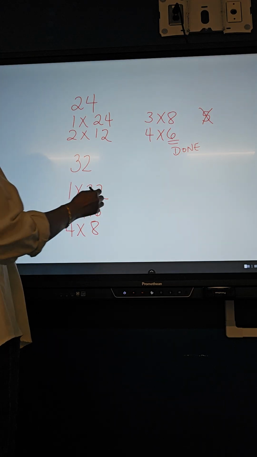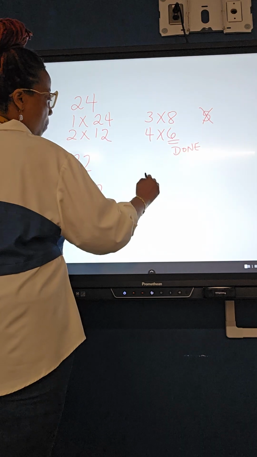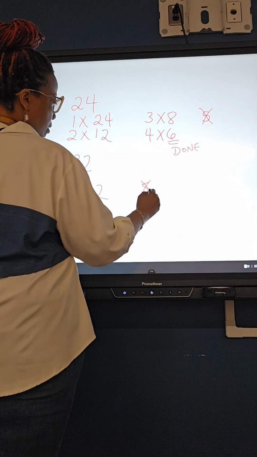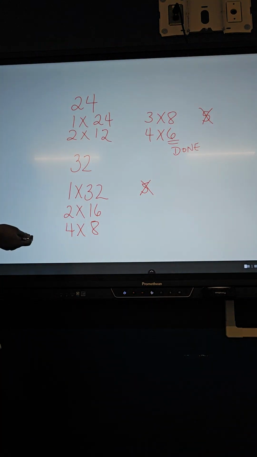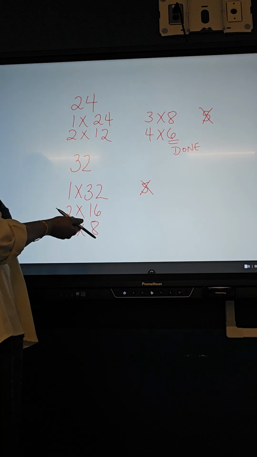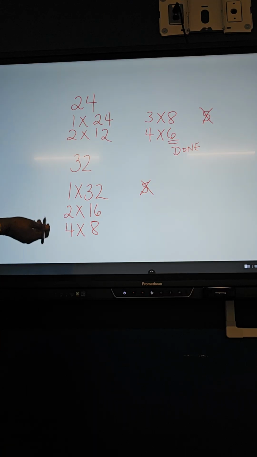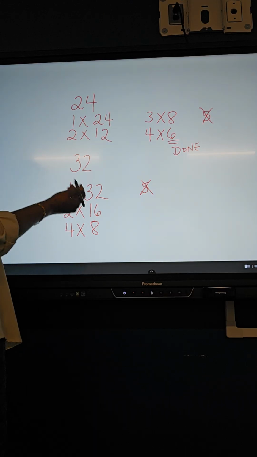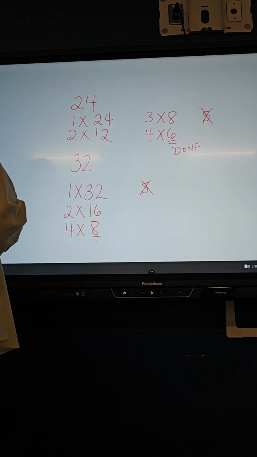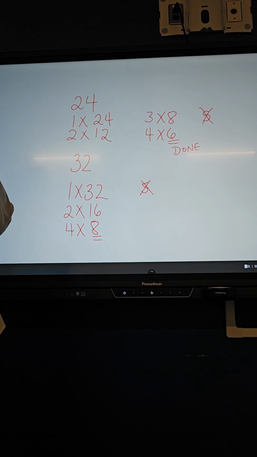5, again, 5 would be no because all multiples of 5 end in 0 or 5. What about 6? 6 times anything is 32? No. 6 times 5 is 30. 6 times 6 is 36. What about 7? No. 7 times 4 is 28. 7 times 5 is 35. And then we're back to 8. So we are done. These are all of the factors